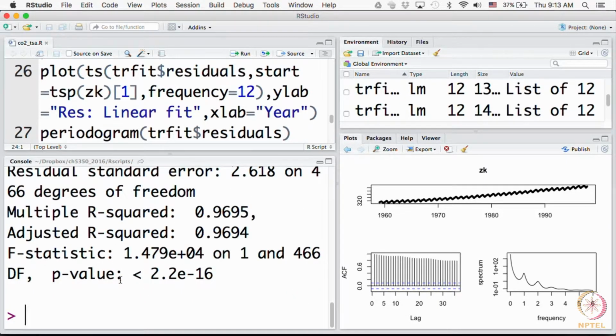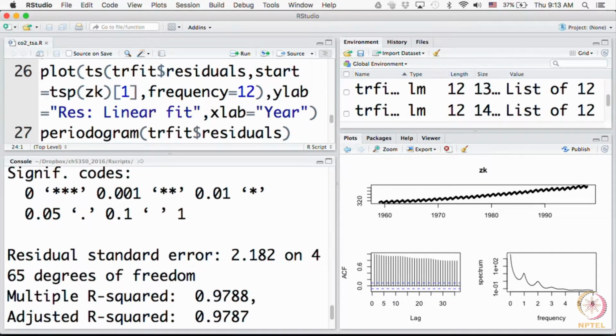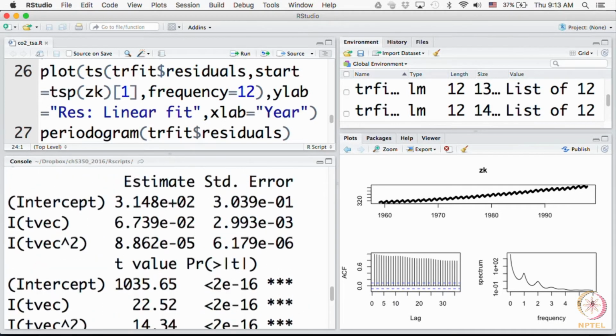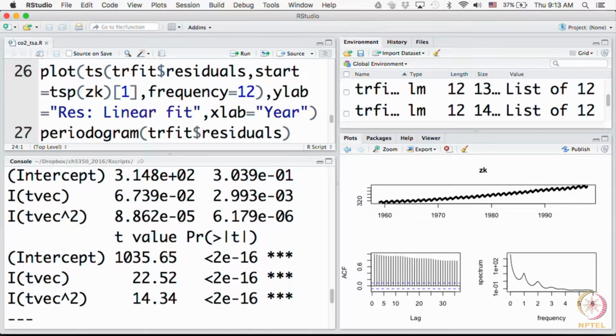So, likewise you can actually pull up the summary for the quadratic fit as well, and we want to know if inclusion of the quadratic term has actually made any difference or not, in the sense is alpha 2 now a significant parameter or not, in fact alpha 2 hat. So, it turns out that they are, right, but this is one way of looking at it. As I said, you should not just go by the errors, there are some assumptions in calculating these errors that may not hold good for this series. It is best to plot and see visually for yourself what is happening.